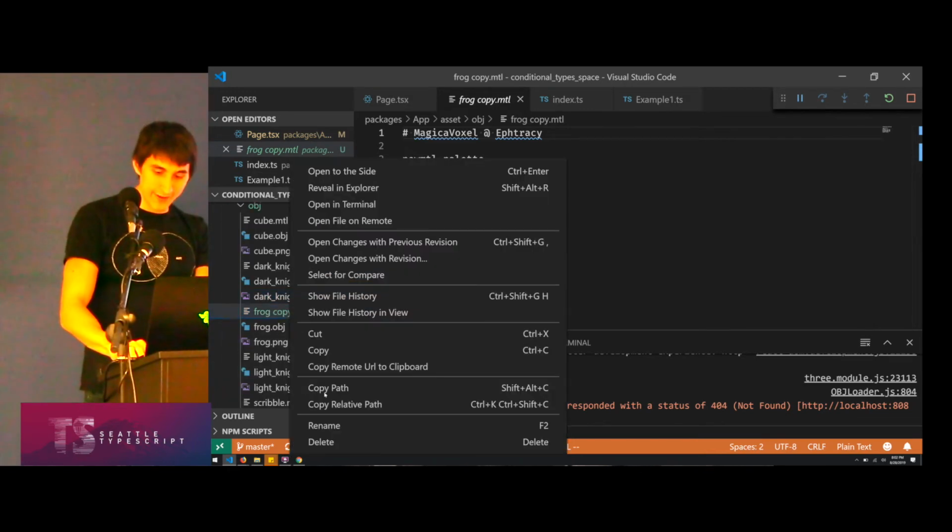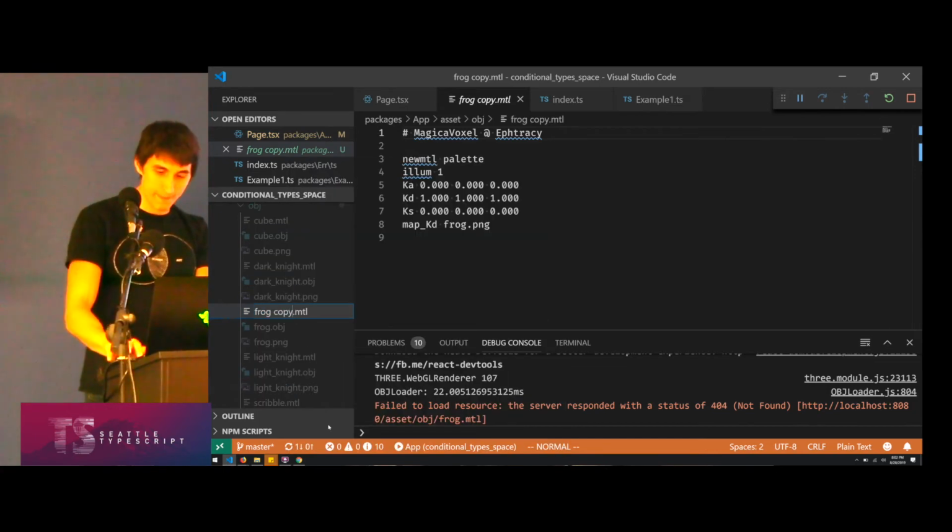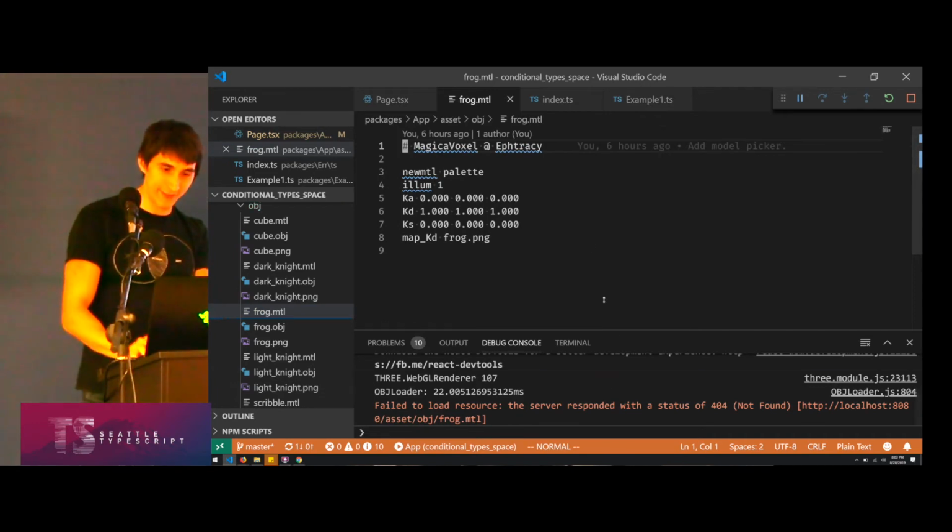So now if I go in here and I rename this file and webpack everything again,